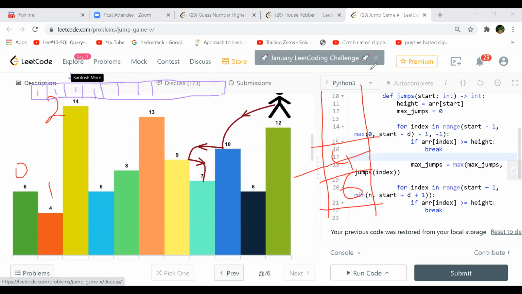Now we have to fill this value, because if you look at these indexes, both of them are within the D. So now you can take this value, which will be 1, plus this value. 1 plus 1 will be 2, and 2 is greater than 1, so you can change this to 2, right? So at least you can have a jump from 14 to 4. Correct. So that you do.